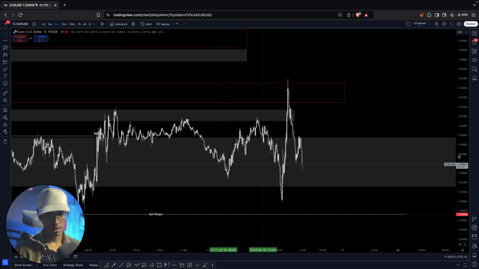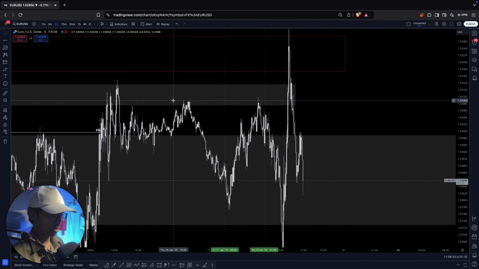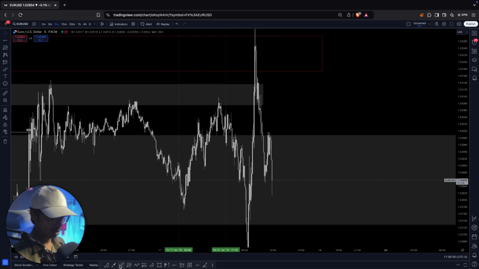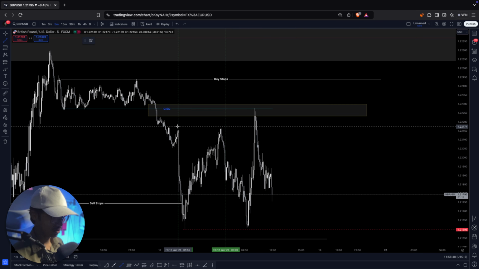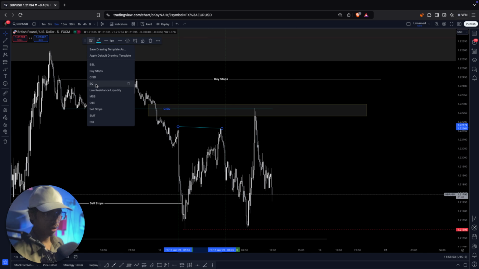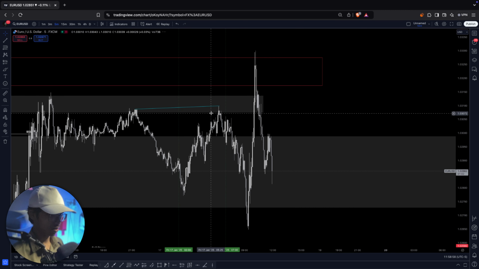EURUSD does not have that much of a move downwards, but yes, we can find SMT for the price confirmation or anything. Let's see if there is any SMT or not. See this particular price swing and this particular price swing, we can find an SMT or not. So here is the SMT from this point to this point. It has rallied upwards, and from this point to this point, here we can find an SMT. You guys can see that, right? So this is the point where you find some SMT, and that is the reason price went higher. Okay, sorry, lower.